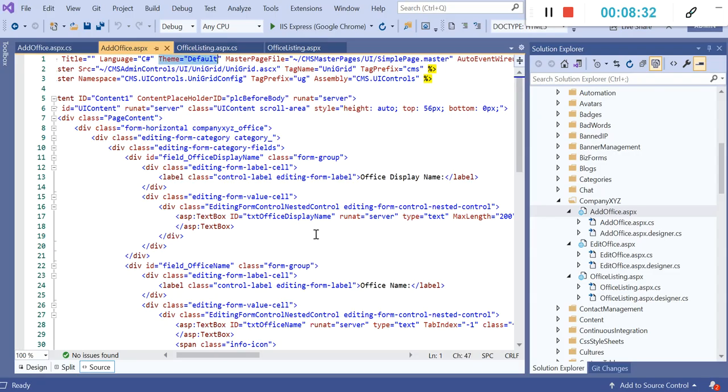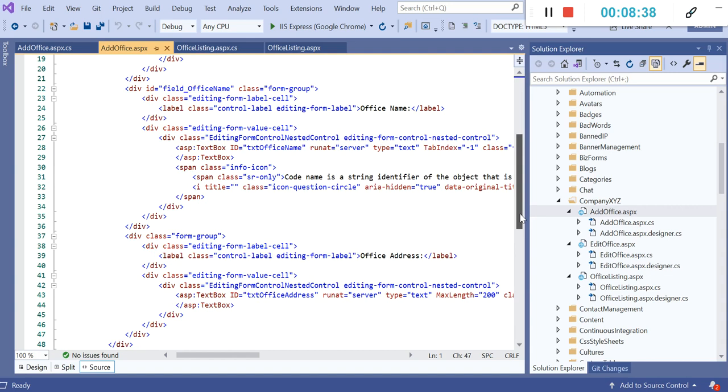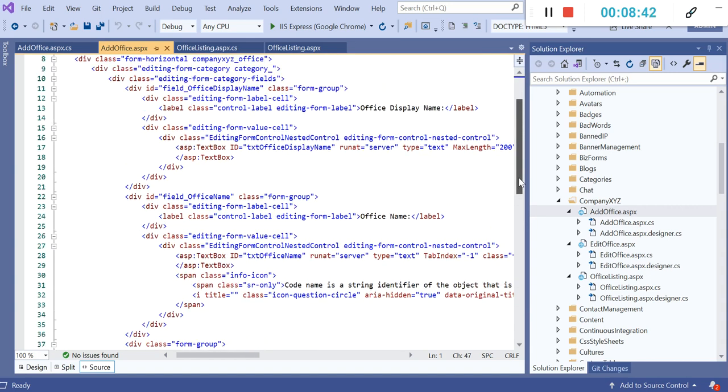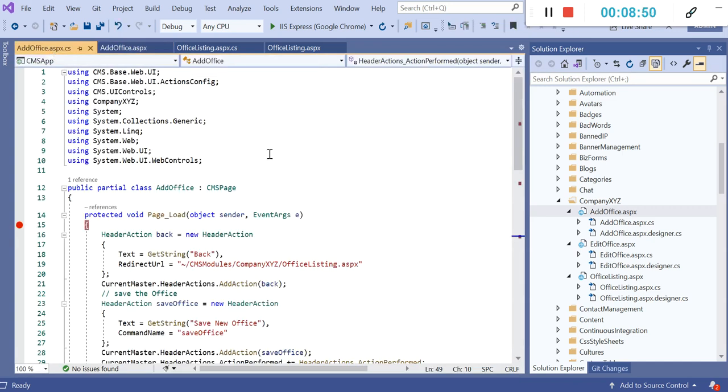For this, I have created the UI in the ASPX page itself. If you want to add new fields or make any changes, you can do it here manually yourself.